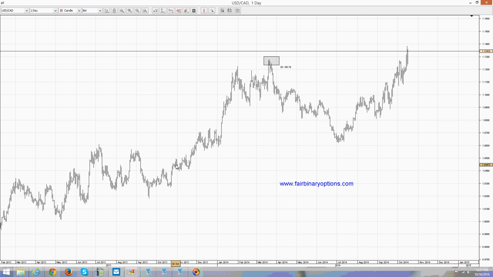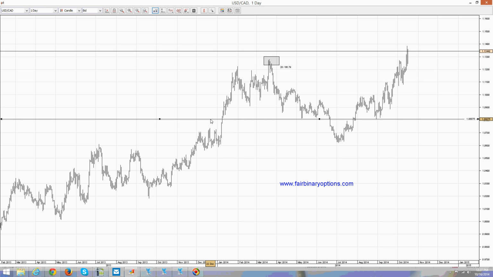Now, normally, in order to have a so-called impulsive move with a third wave extension, then the fifth wave to follow should not be more than 61.8 percent of the third wave, but it is more than 61.8, and that means that we are going to have what is called a fifth wave extension, and this fifth wave extension should point towards even higher values. How or what to do in this case?